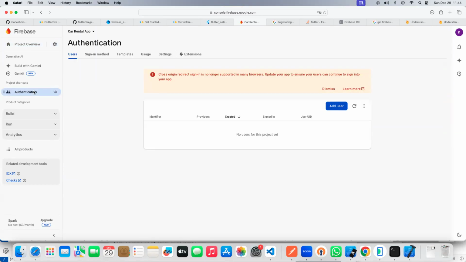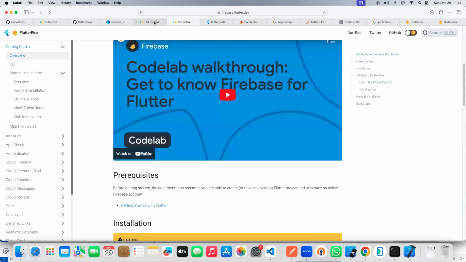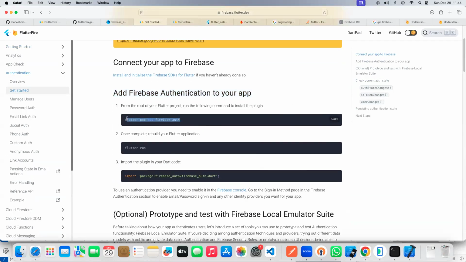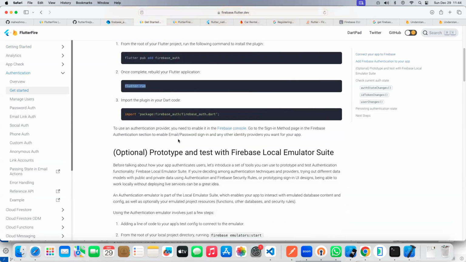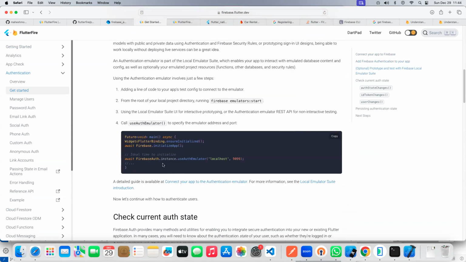So here, in the process of authentication, as per these steps, right? Where is that? Go to the authentication. These are the steps. As per the steps, we add this command, and we didn't run that. We can run it again later. And this is the use of it. Okay, here. Now we can see